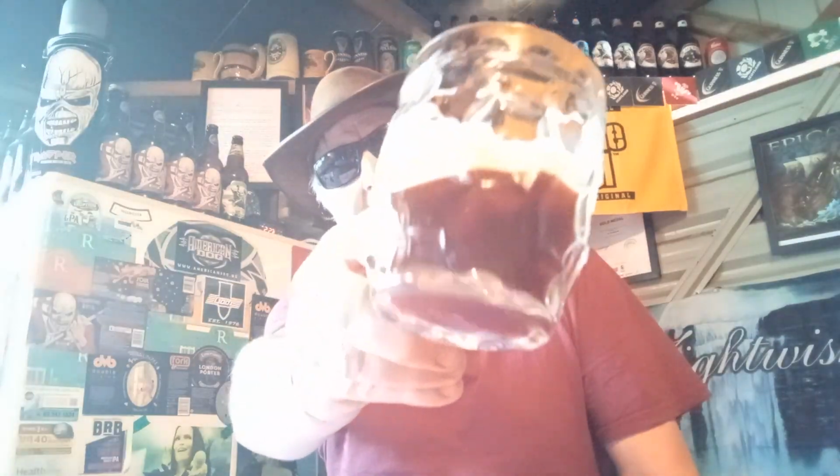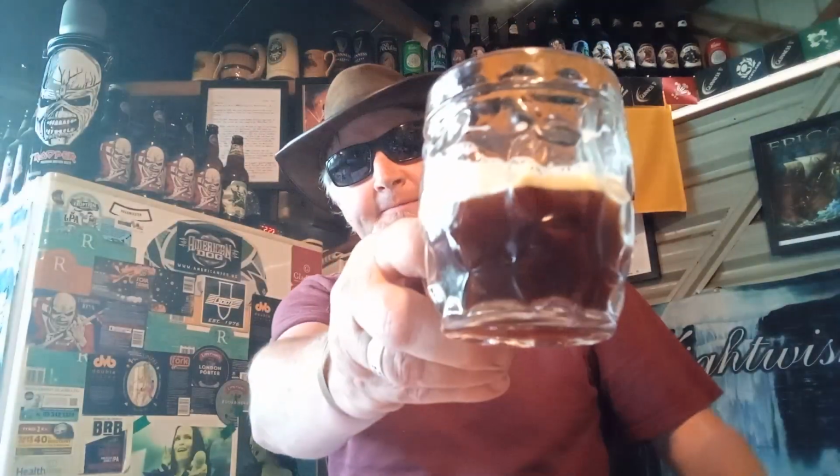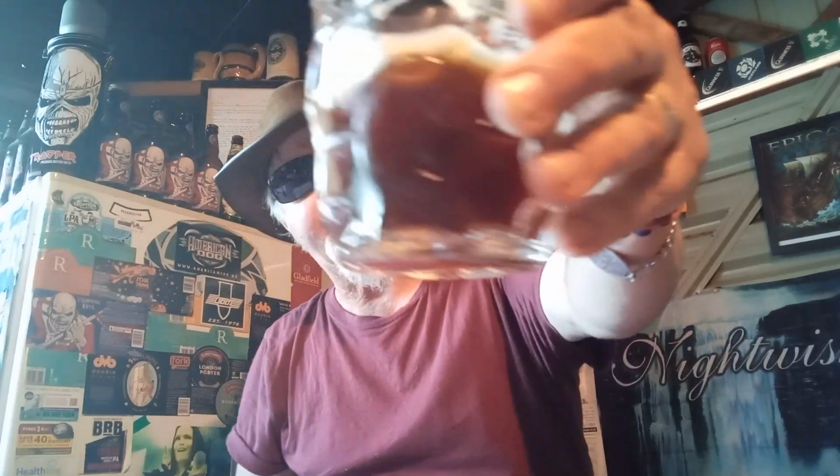Okay. It's clearing up nicely. I don't know if you can see it there. It's very, very red. Out in the sun, it looks very, very brilliant red. Anyway, so